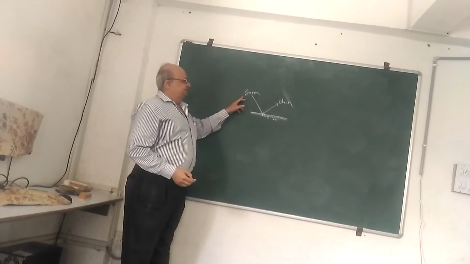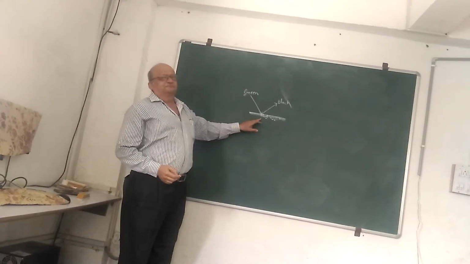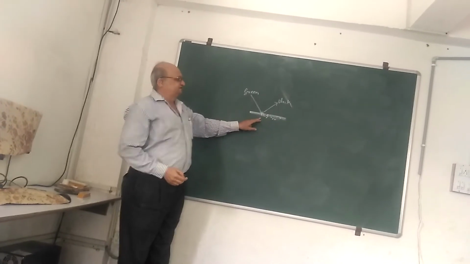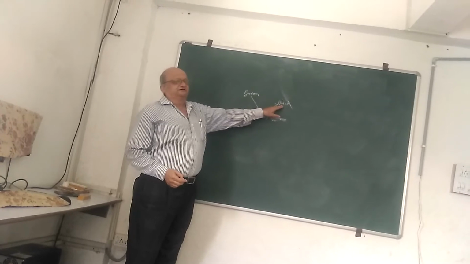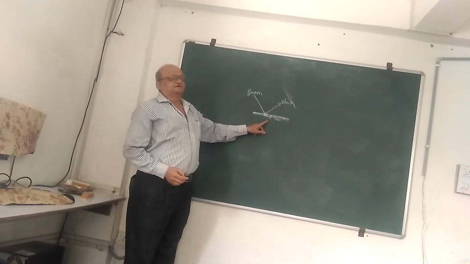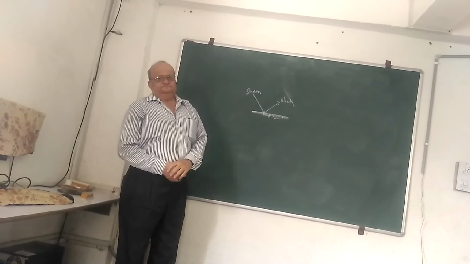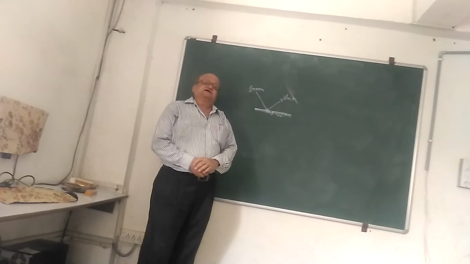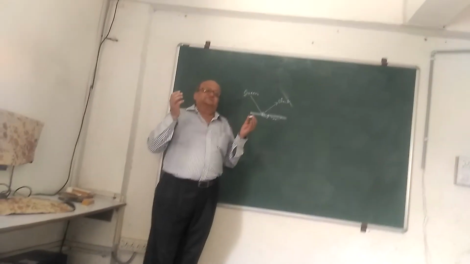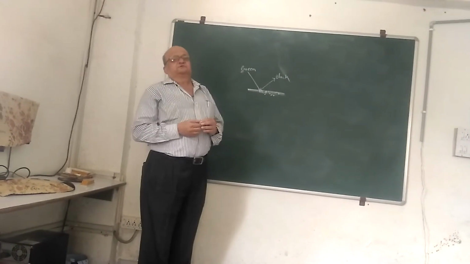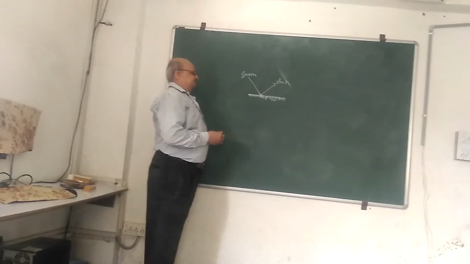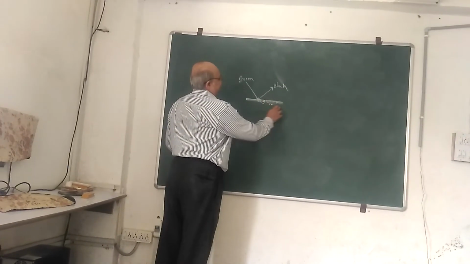Because entire green light will be absorbed by the surface of the object, and therefore there will be hardly any reflection of light and the object will appear to be black. So whenever all 7 colors of white light are absorbed by a surface, the object will appear to have black color. Otherwise, whatever be the color of the object,